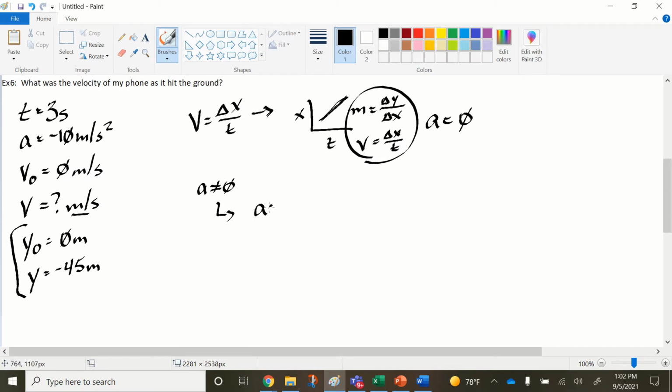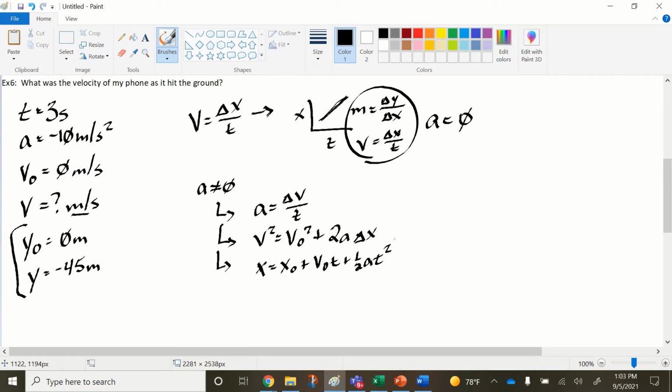The equations you can use are a equals delta v over t, or you can use v squared equals v0 squared plus 2a delta x, or delta y, depending on whether you're talking about left and right or up or down motion. And then x equals x sub 0 plus v sub 0 t plus 1/2 at squared. So those are the options that you have. I think there's an average velocity equation on there too, but that's silly. You just add up the two speeds and divide by 2 because it's an average. Anyways,